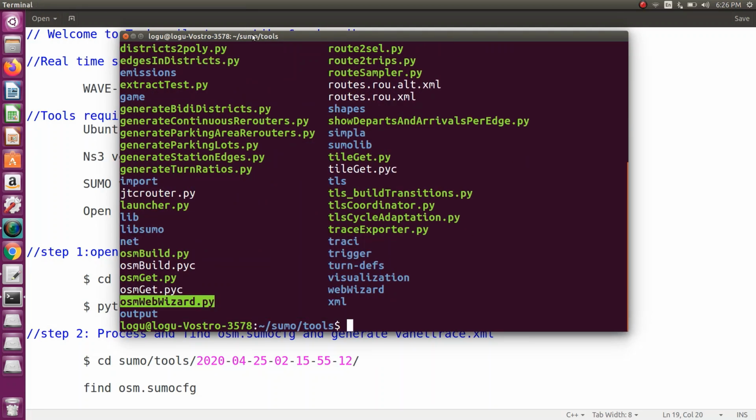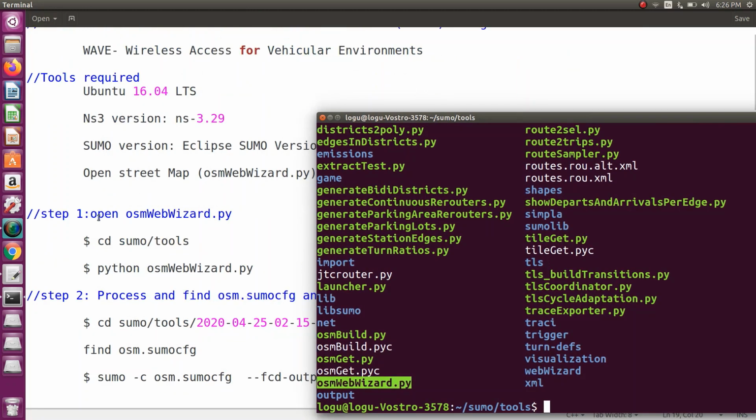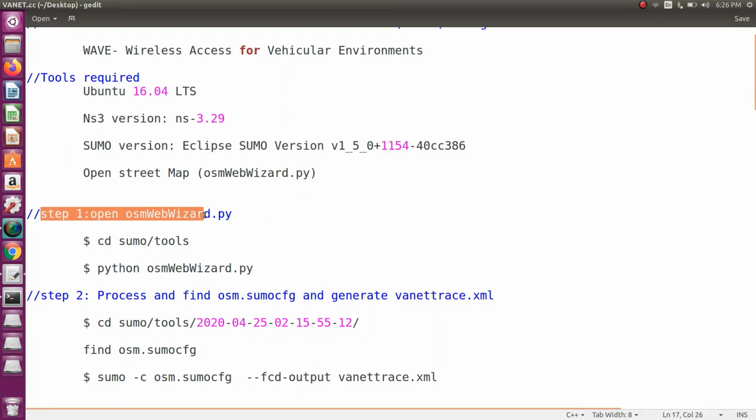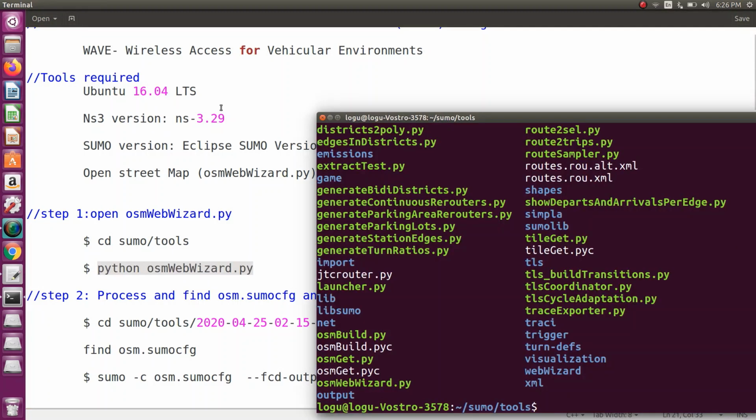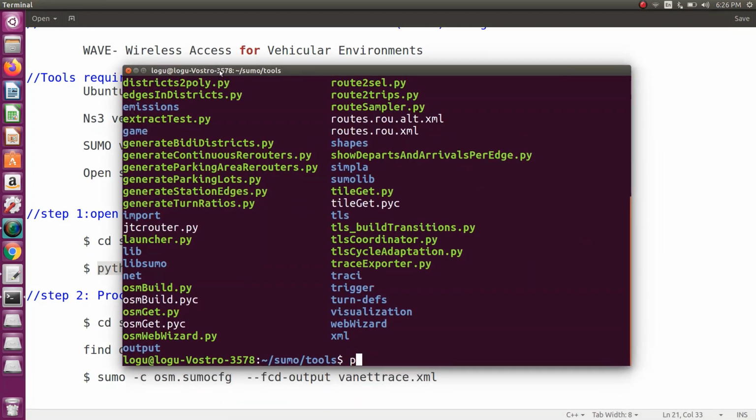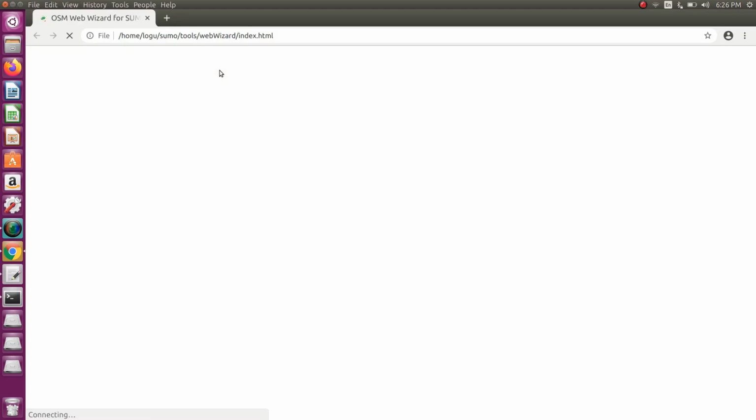So for that purpose, step 1 is to open OSM Web Wizard. That is python osmWebWizard.py. Okay, so type python osmWebWizard.py and press enter.